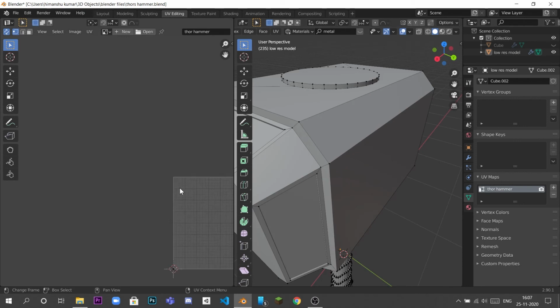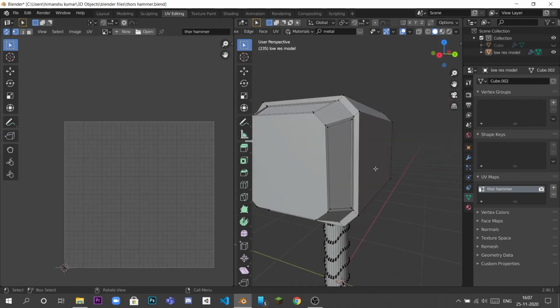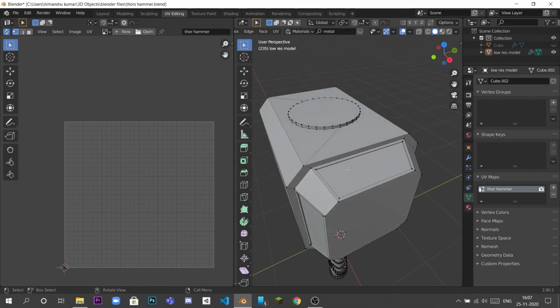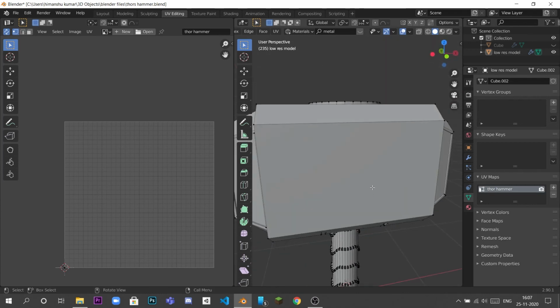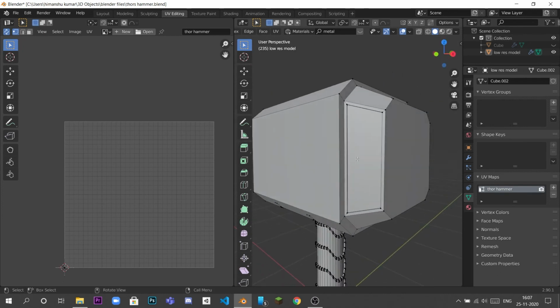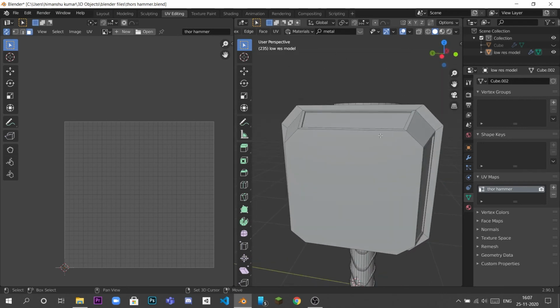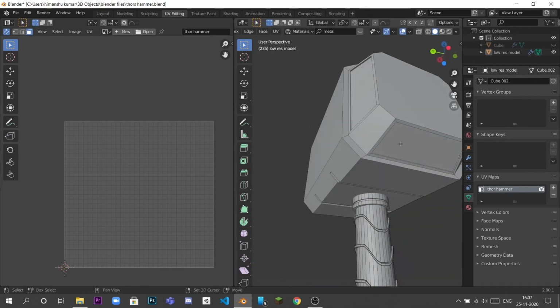My way is to first unwrap the main faces which are going to have the most detail and are necessary. So I just click on faces and go here and press U for unwrapping it automatically.